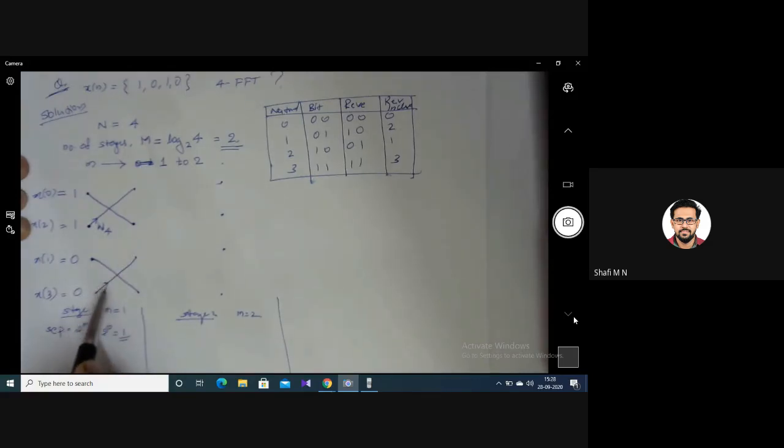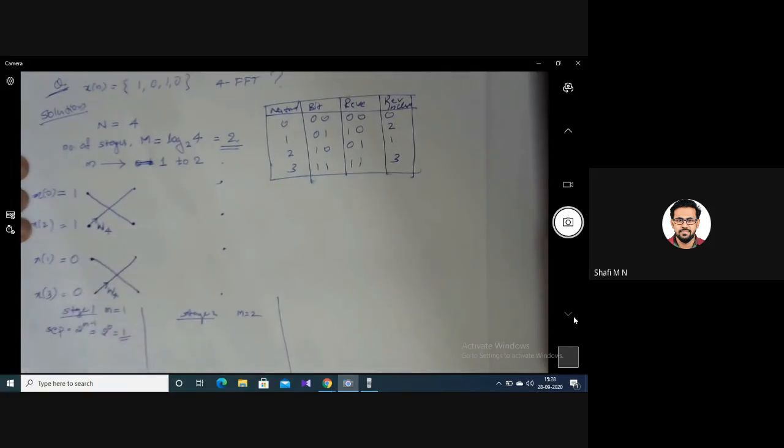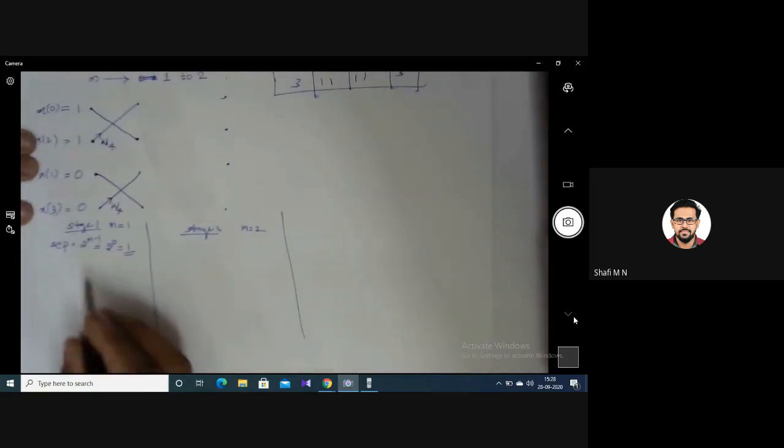And here you will have W4K. We will find the K value. Okay, so that's the first stage. Now let's find the k value. The k value was referred to as the twiddle factor exponent, right? So k was given by the equation nt by 2 raised to m, and in our case n is 4. So this is 4t by 2 raised to 1. So you will get it as 2t,